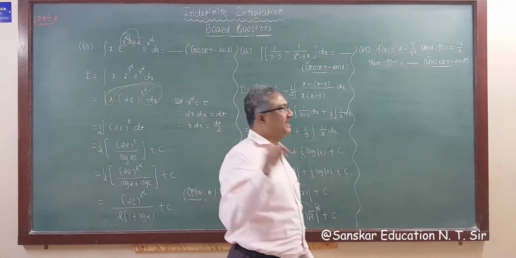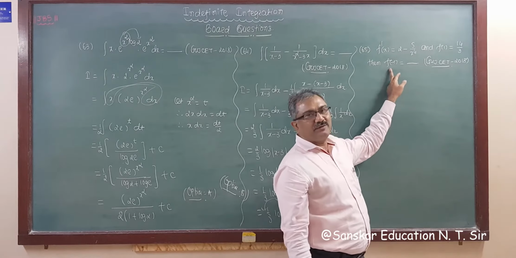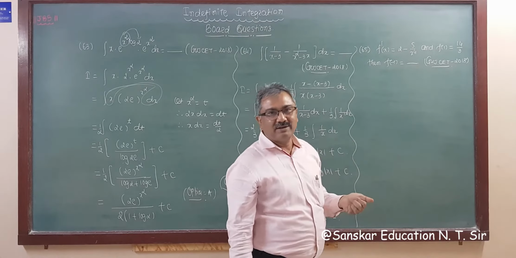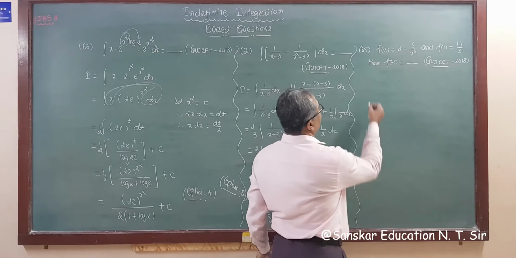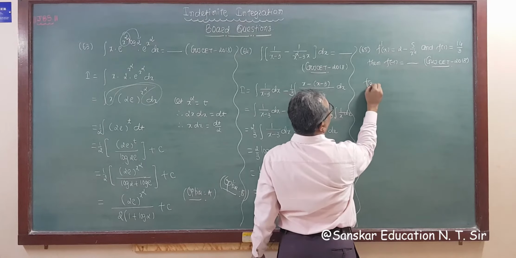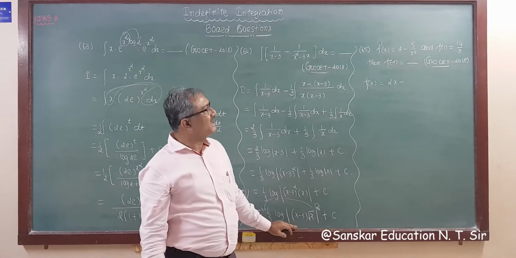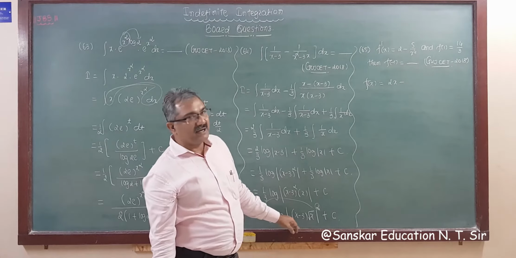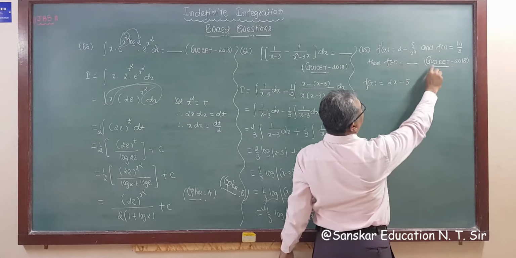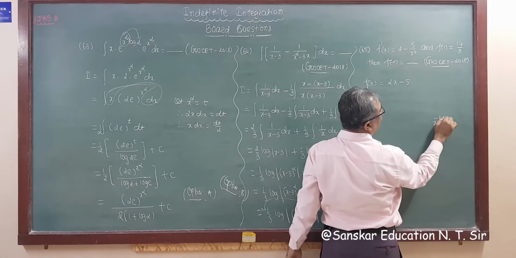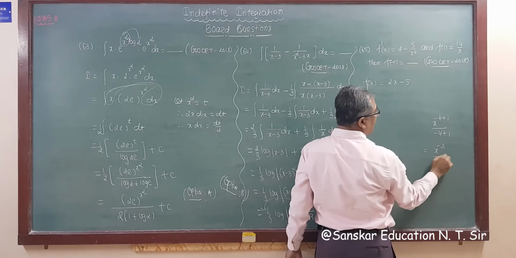So make a change. Question 65, f dash x is given, and f of 1 is this, then we need f of minus 1. As I told you earlier, when f dash is given, then you have to integrate if you want f of x. So f dash x is this, so integrating this, we get f of x is equal to twice x minus x raised to minus 4, right? So minus 5 as it is, and integration of x raised to minus 4 plus 1 upon minus 4 plus 1, that is x raised to minus 3 upon minus 3.